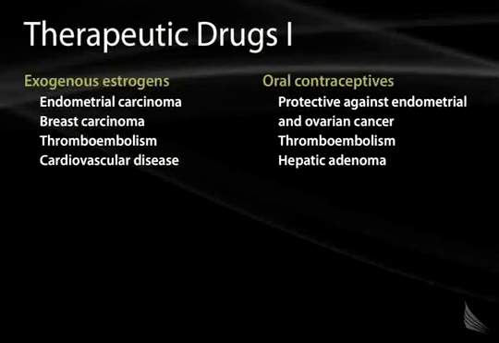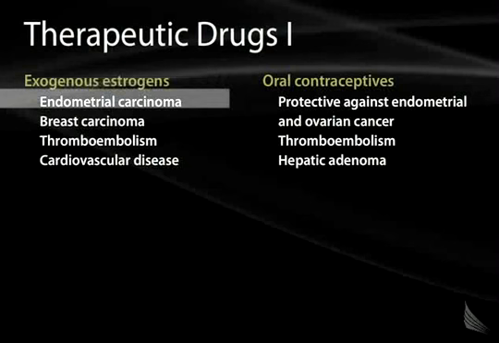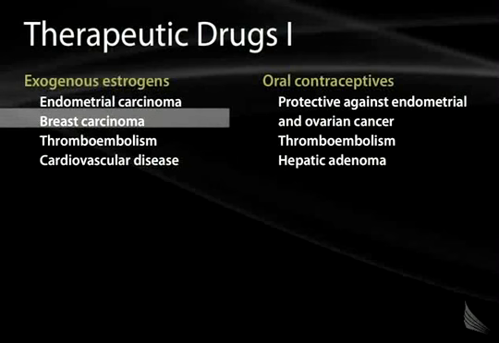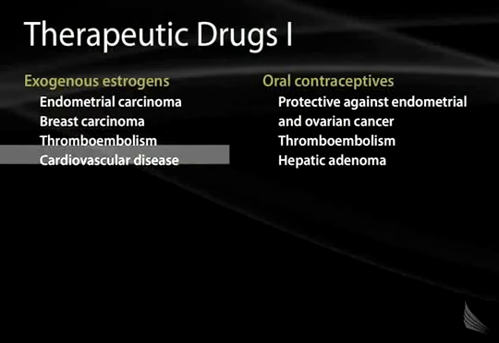In terms of drugs that may be therapeutic, but that can also have adverse effects on cell biology and metabolism, one must consider the exogenous estrogens that are used often in oral contraceptives. They can predispose the patient to the development of endometrial carcinoma. They've also been proffered, when given without corresponding progesterones, to have an effect on breast carcinoma. They also appear to predispose some patients to thromboembolism and may have a role in cardiovascular disease.